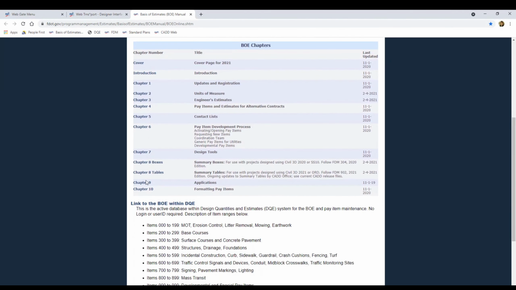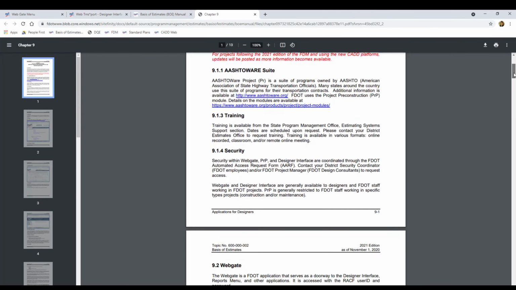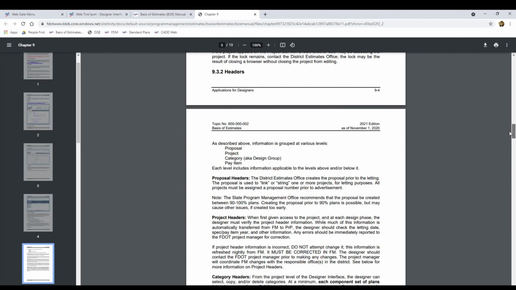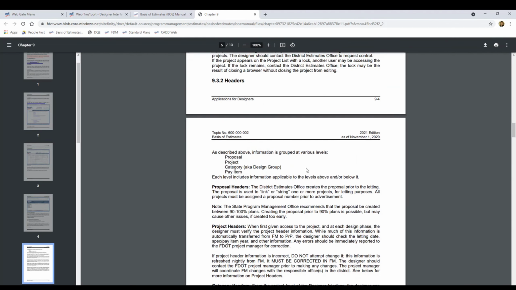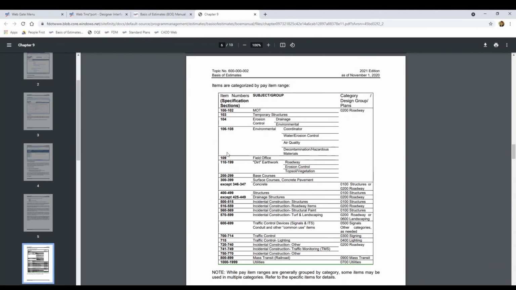I want to take a quick look at Chapter 9 to show you where those group ID numbers are defined. So in Chapter 9, let's scroll down to the section on headers, and then we can look at this table. Notice the groups on the right of the page and see that some pay item number ranges can be in